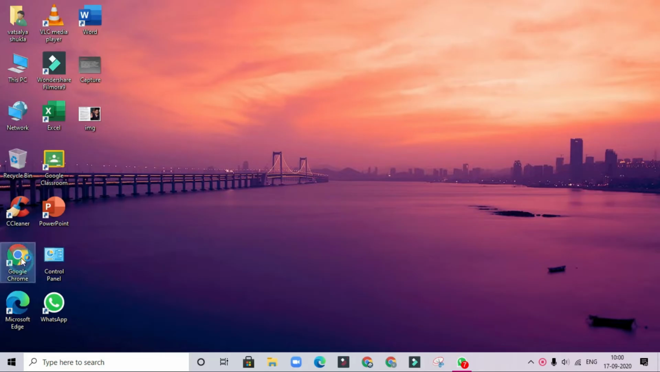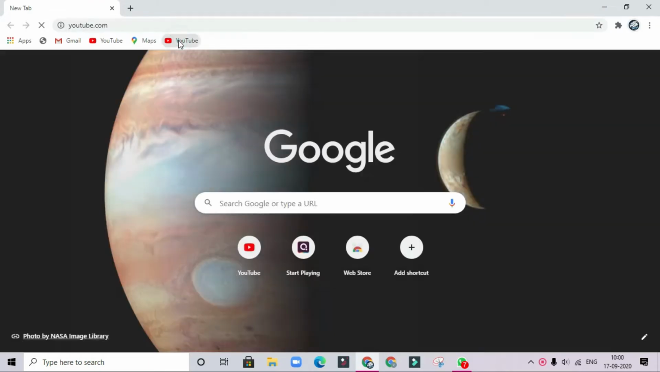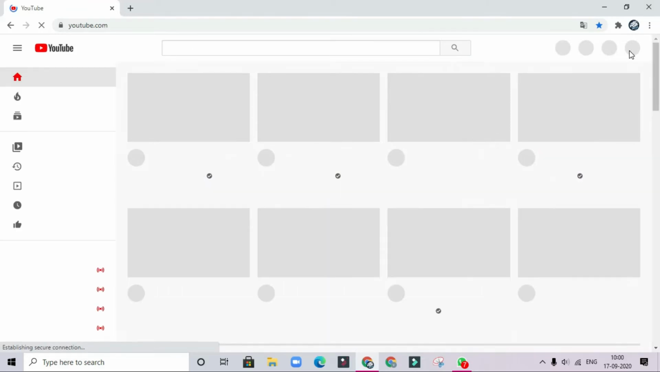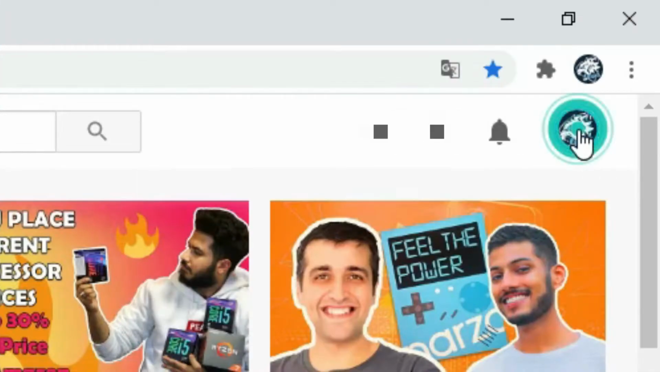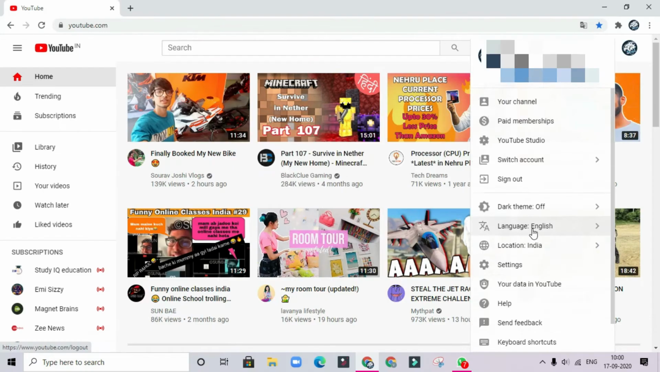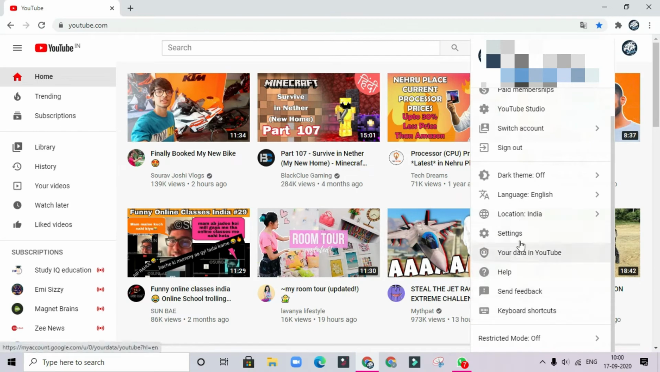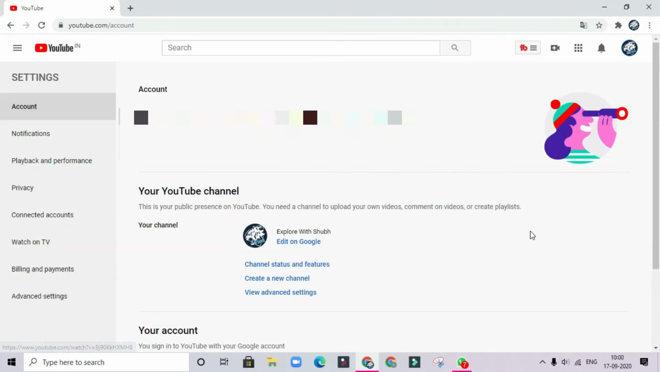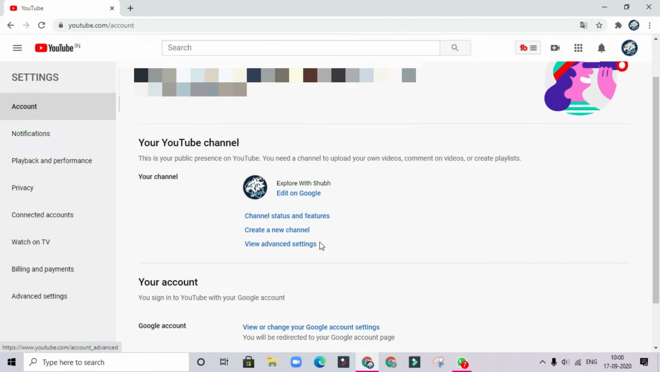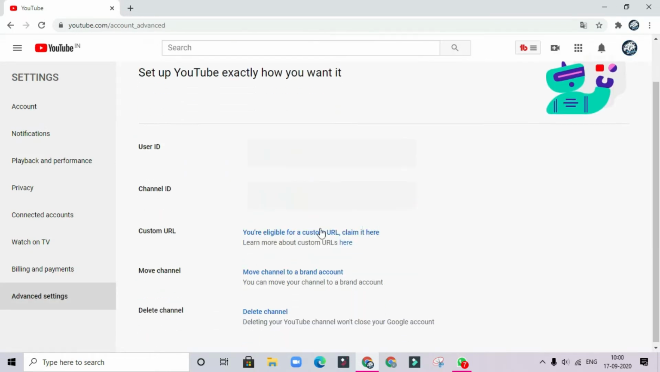Go on your Chrome, click on YouTube, now click at your symbol or ID. Now you can see an option of settings here. Click on settings, click on view advanced settings, and now from here you can see your custom URL option. Click on this